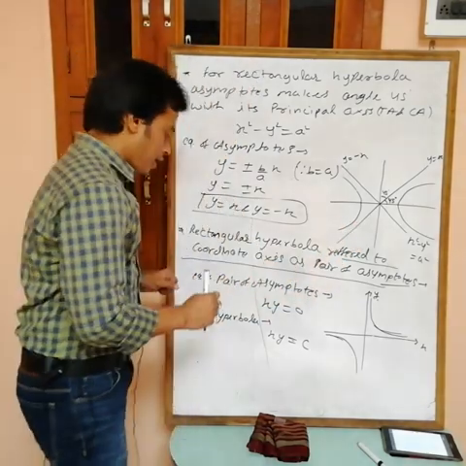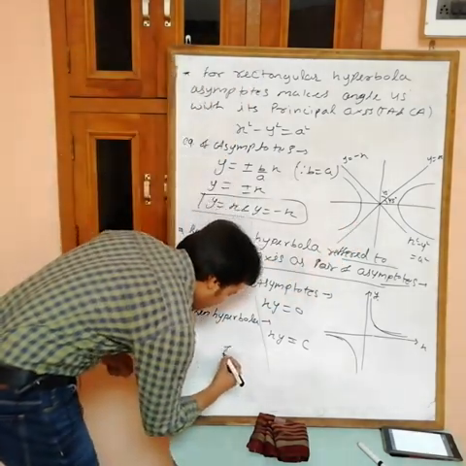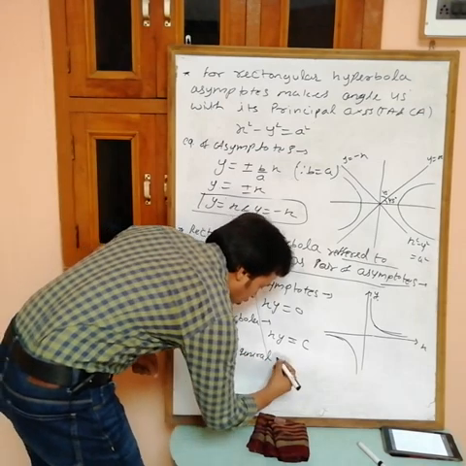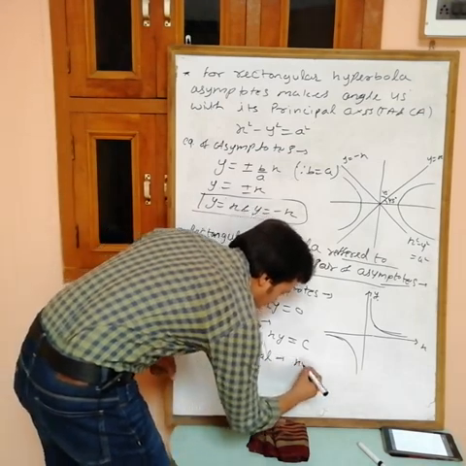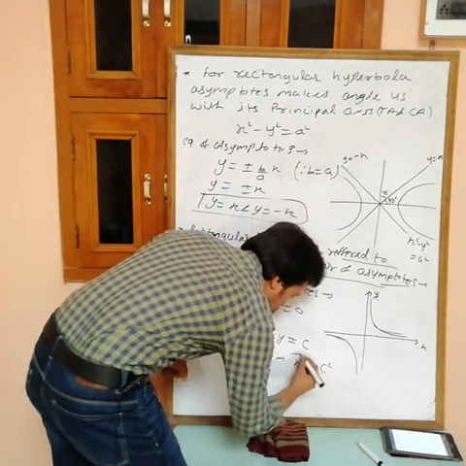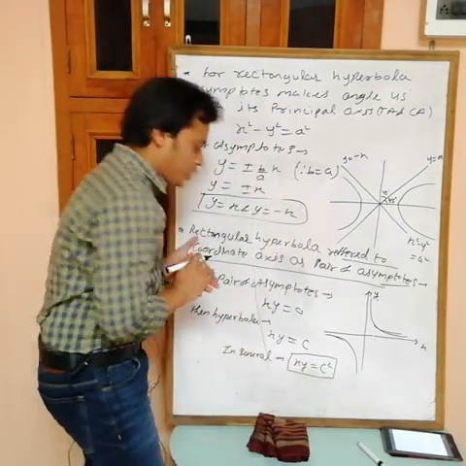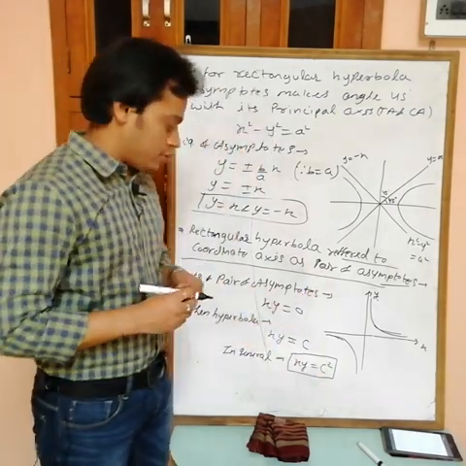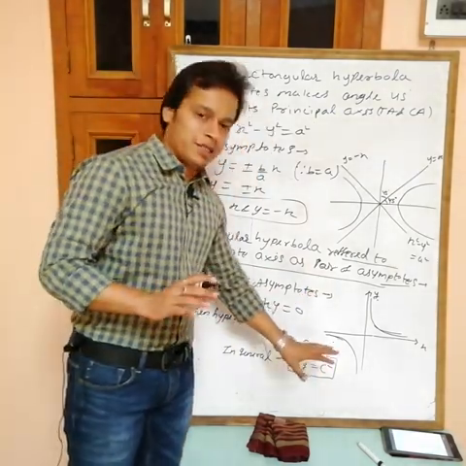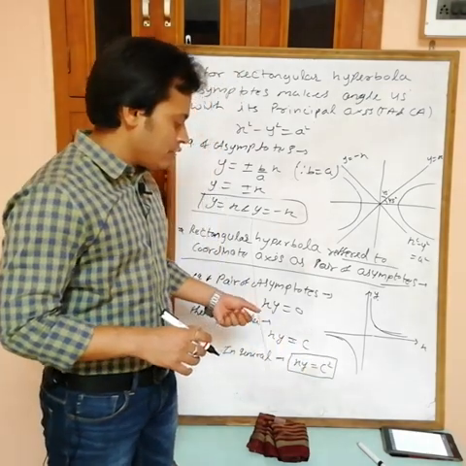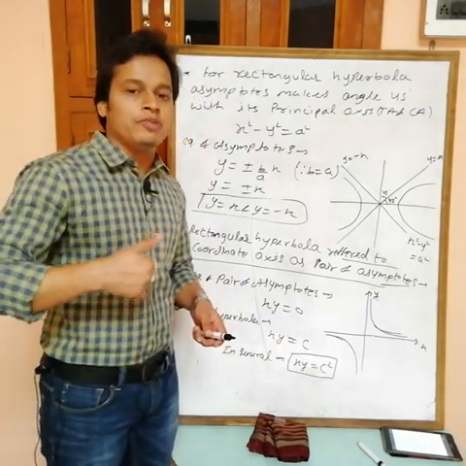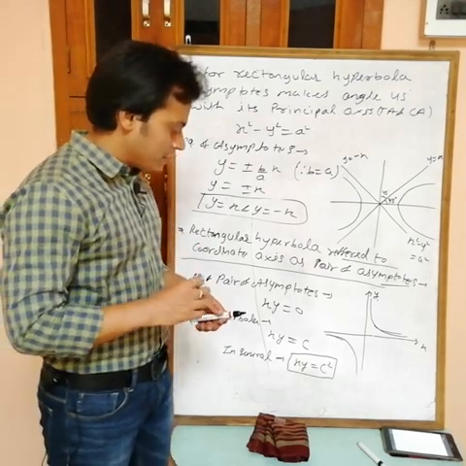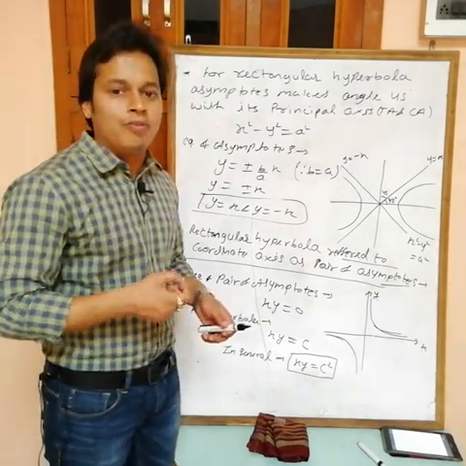And in general, the equation of the hyperbola is xy equals c square. There is only a difference in the constant. We can also write c, it is the same thing, but we will write c square. Why are we using it in questions? You will get c square most of the time. Why do they give us c square? Because then the general point becomes easy, ct comma c by t.